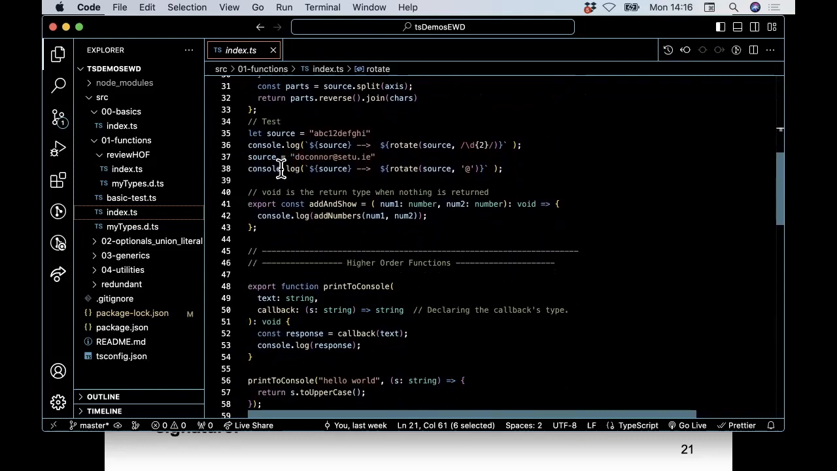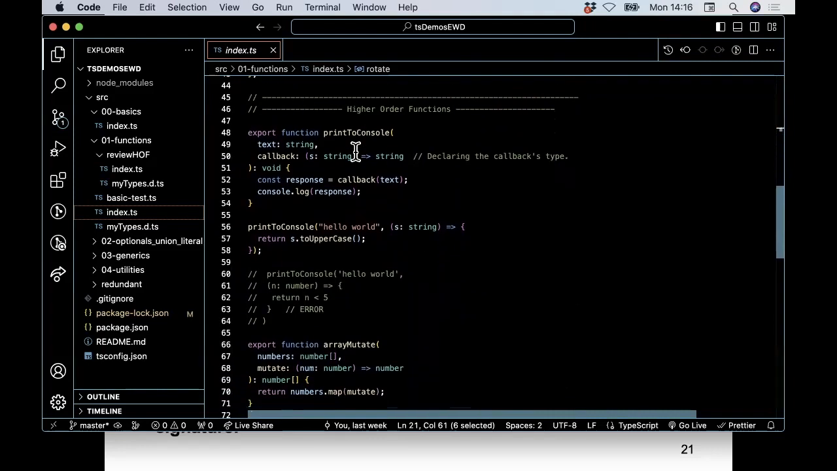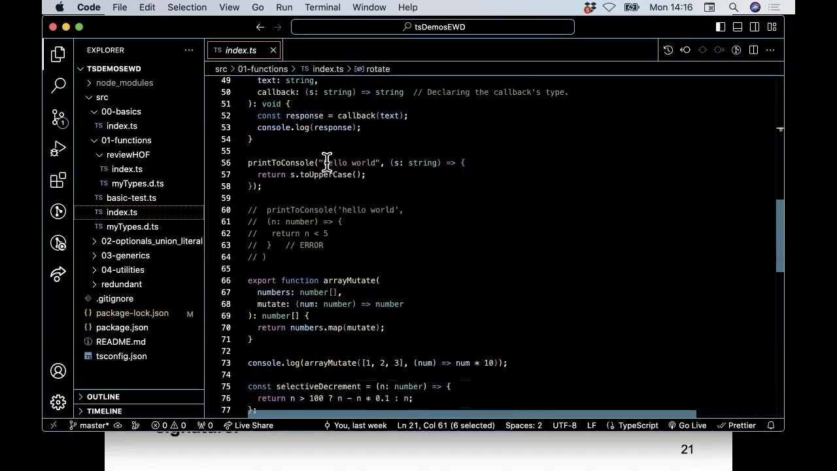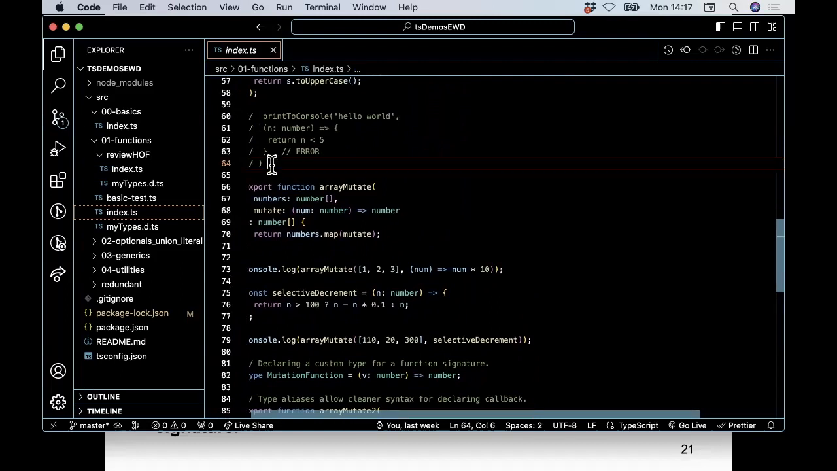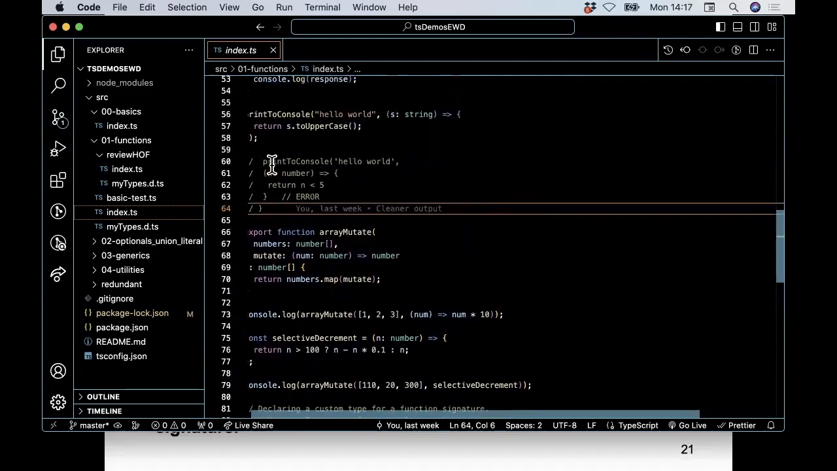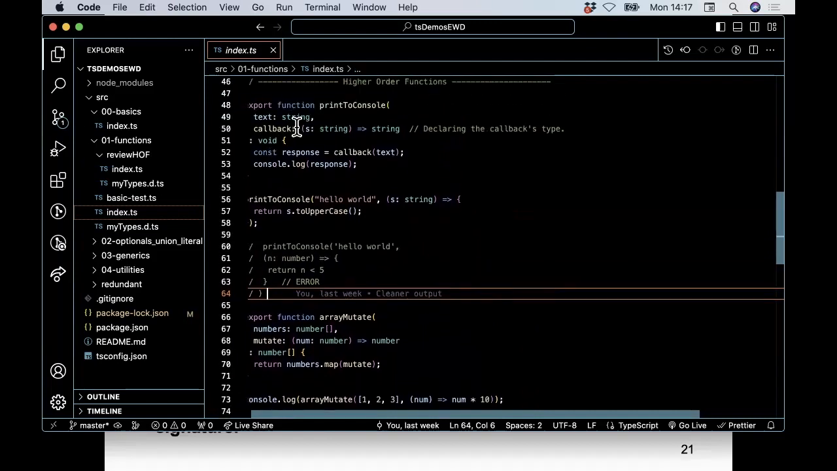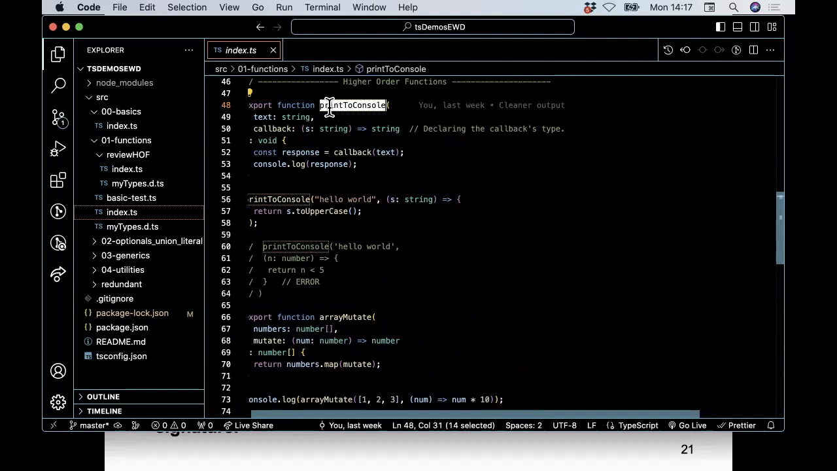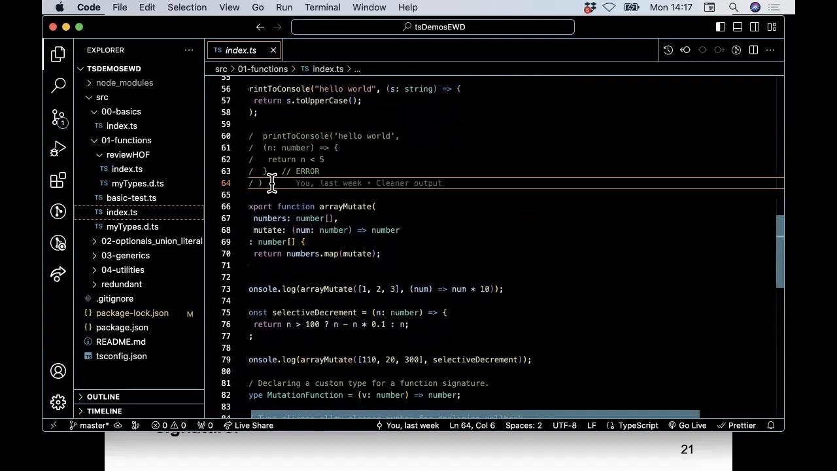Let's see. Right, higher order functions. That's the one we had on the screenshot. What I've commented out here is the callback. I'm specifying the signature of the callback, and so the compiler will complain if you invoke this print to console with a callback that doesn't match the signature that we've specified here. If I uncomment this,